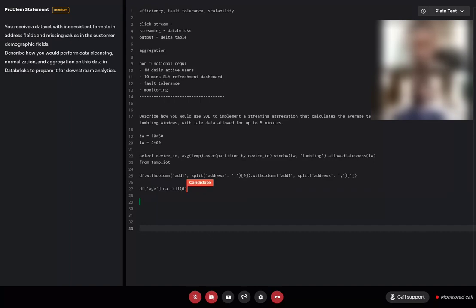Can you do it in one line? I would say I have to use withColumn. No, what you can do is just write age as zero, gender as maybe unknown, and na.fill, something like that. That will suffice.